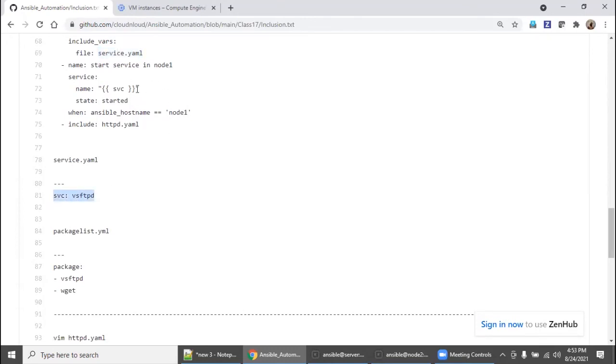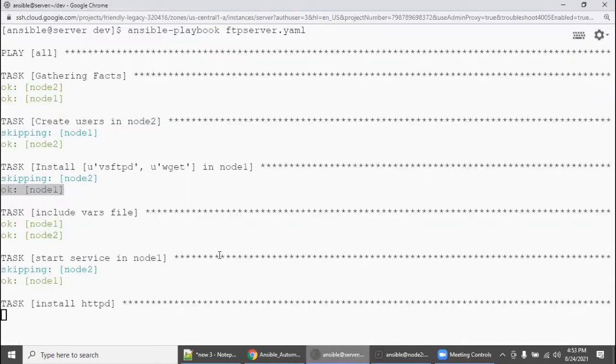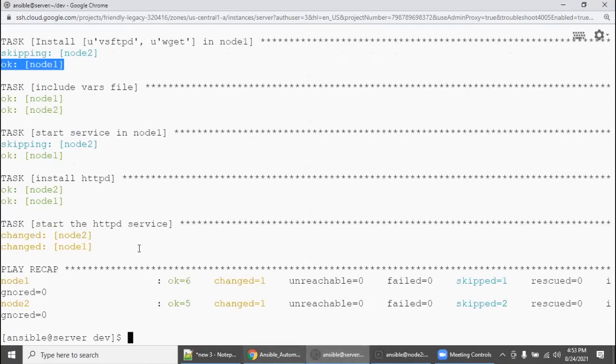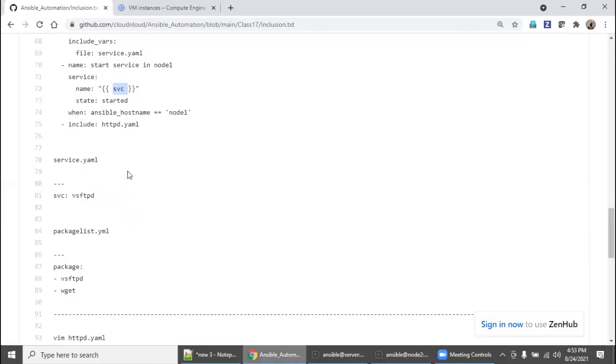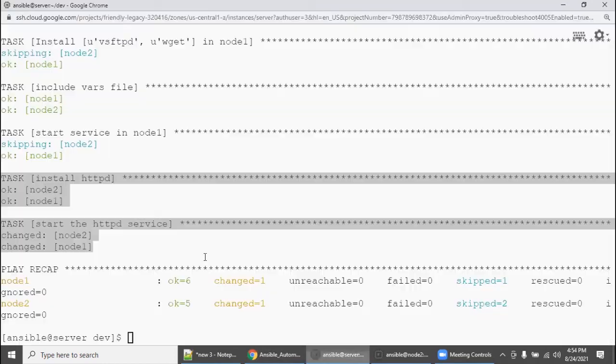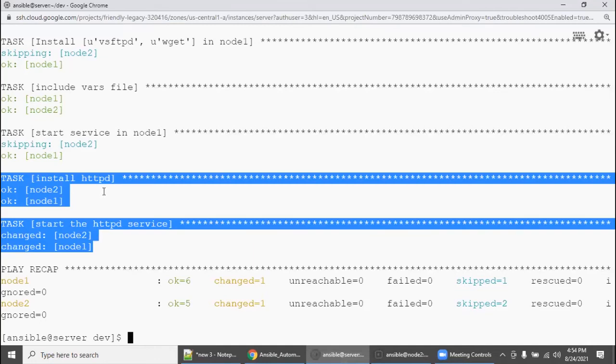After that, the value will be assigned and executed, right? And this starts the HTTPD service. These two tasks, task 1 and task 2, since we mentioned the complete httpd.yaml, the outside HTTPD playbook also gets executed. This is how you need to think through the logic. Wherever it's applicable, you can apply it, right?